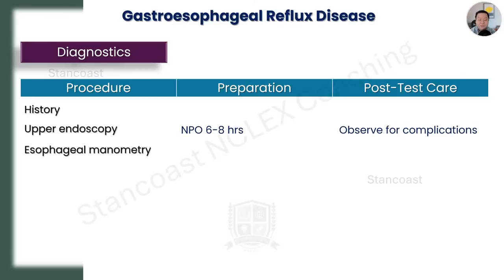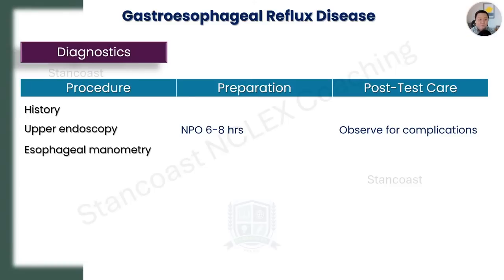Now, another procedure that will be done is the esophageal manometry. This is a test that will measure the pressure of the lower esophageal sphincter, or the LES. It can also evaluate the function of esophageal peristalsis, which are the wave-like contractions that help move food down the esophagus. And this test is very useful in assessing motility disorders